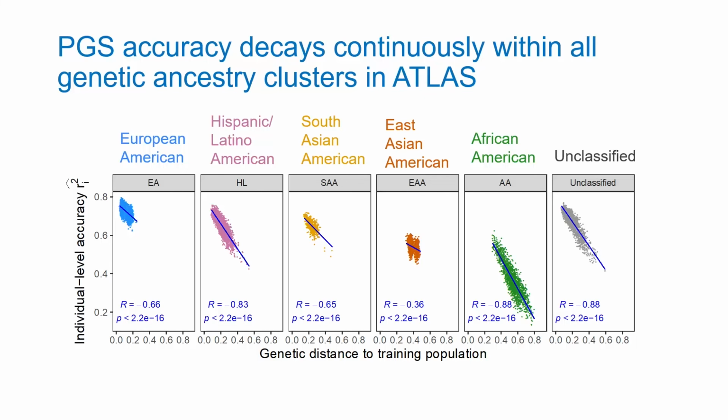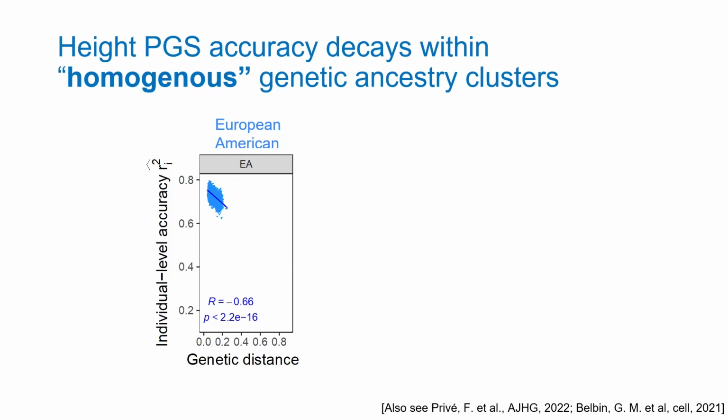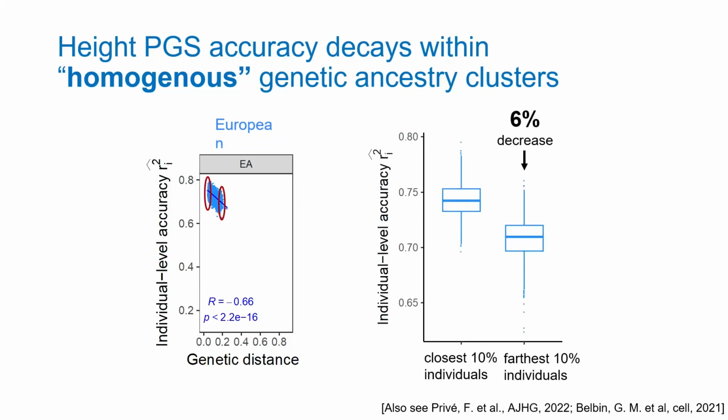That's qualitative. In the quantitative sense, it is true that if you focus on admixed individuals like Hispanic, Latino, and African American, the correlation is closer to -1, versus if you look at more homogeneous populations, where the correlation is not as high, right? But that's a secondary factor. Just focusing on European Americans that are labeled as homogeneous, we do see from the two deciles, the closest and the furthest, a roughly 6% decrease. So individuals that are further away from the UK white British have about a 6% decrease.